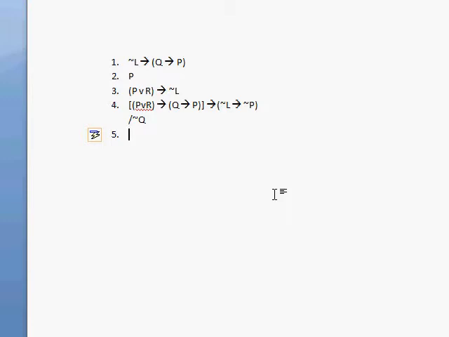So the first thing I'm going to do is hit p, and I'm going to get p or q through addition. Now that I have p or q, I'm going to get not l. I'm going to get not l through premises 3, 5, and modus ponens. Now that I have not l, I'm going to get q then p. So I'm going to get q then p through premises 1, 6,